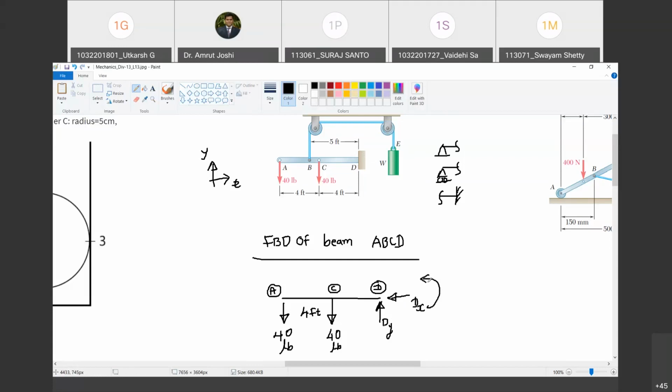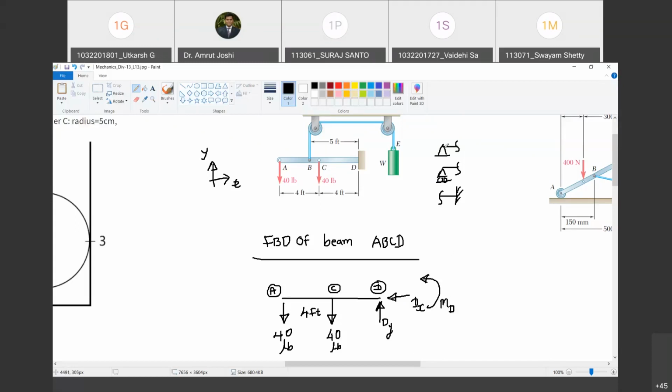That moment reaction, I will consider it as anti-clockwise because anti-clockwise is my notion of positive moment. Do you agree with me? So I will consider it as anti-clockwise, but if negative signs have emerged at the end of the analysis, I will say that it has to be clockwise. Happy? Okay. And this reaction is moment reaction at D. So I am going to call it MD. Happy? Are you with me? Yes, yes.